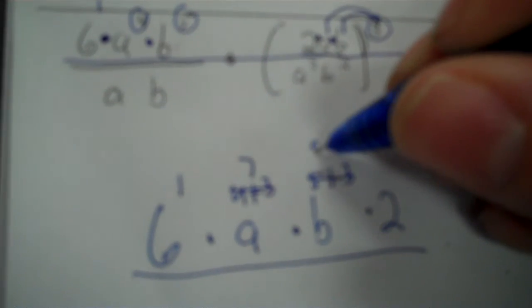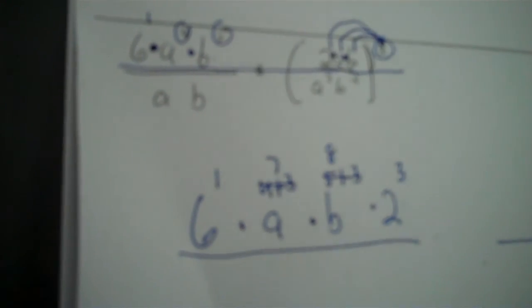Now to b. B is to the 5th. I put a 1 on that other b. 1 times 3 is 3. So 5 plus 3 is 8. Okay, then 2. 2 to the 1. It's in a parentheses, so you got to take the 1 times the 3. That's 3. Okay, so now I got my power set, but there's crap on bottom, so I have to repeat